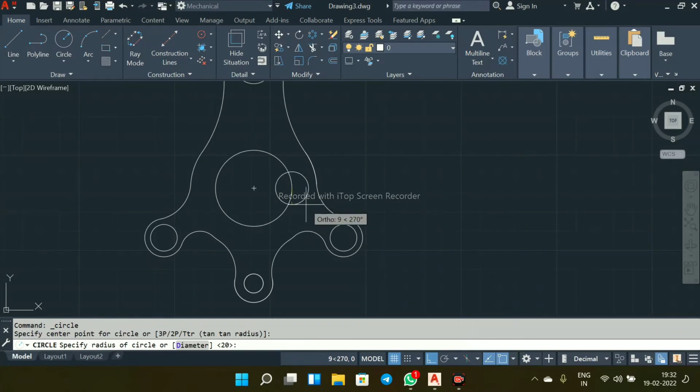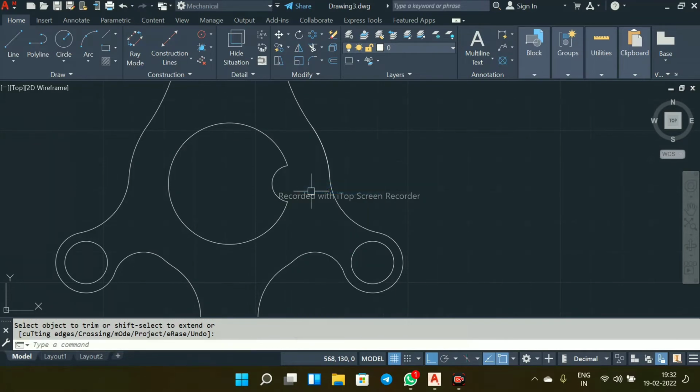Select this quadrant and type here C radius and make it trim here. Single enter here because we have chosen here trim. So that also will be trimmed like this.